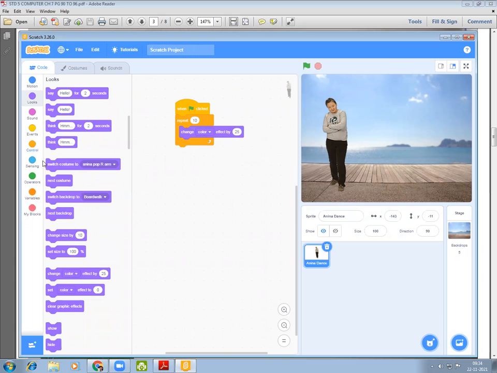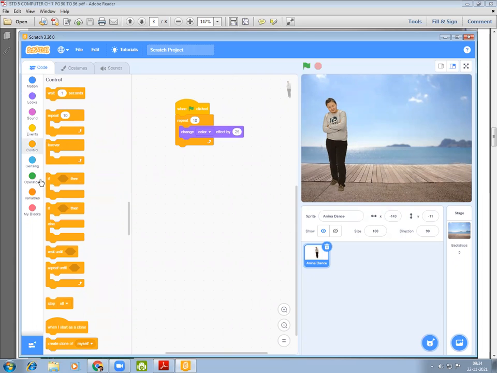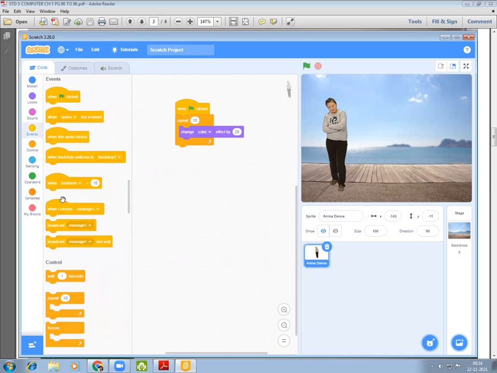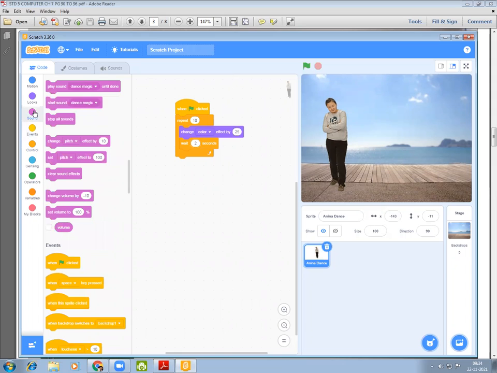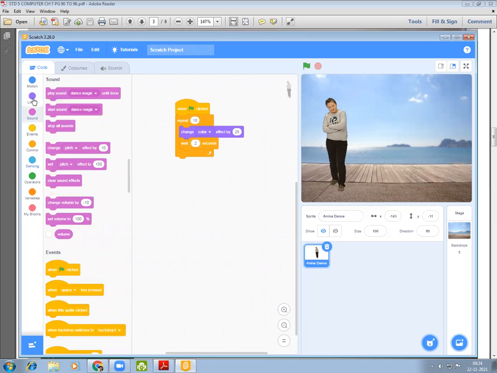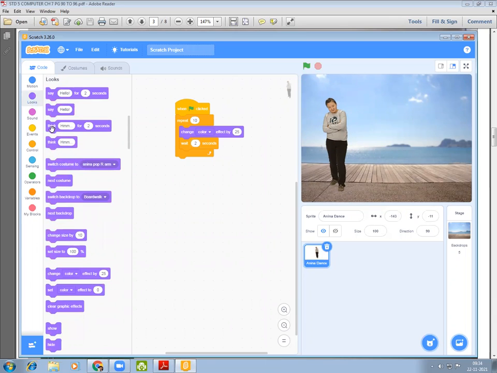Then control, wait for 2 seconds, say hello, say hello for 2 seconds. Let's see what happens.